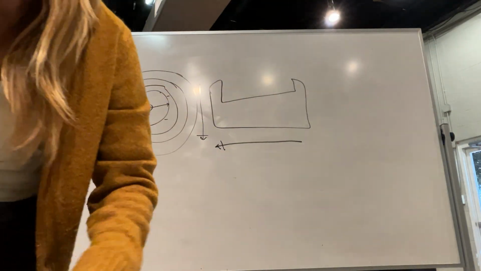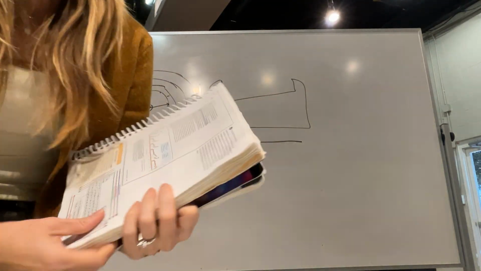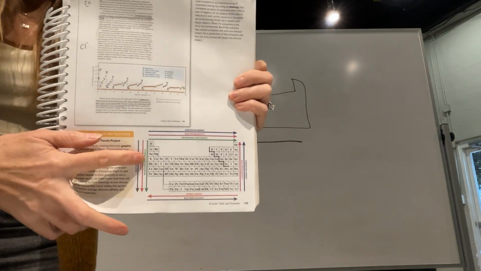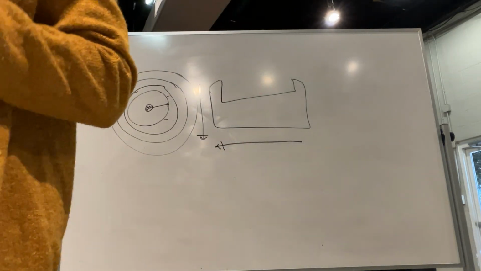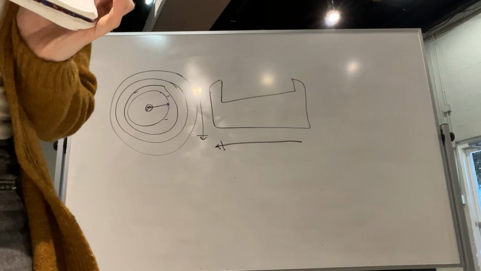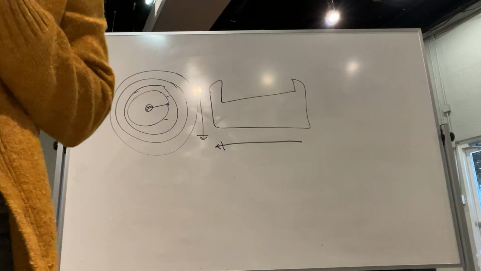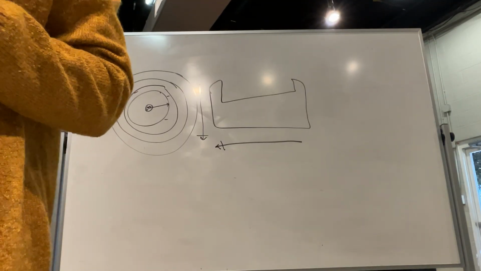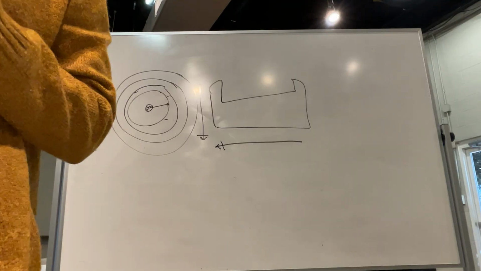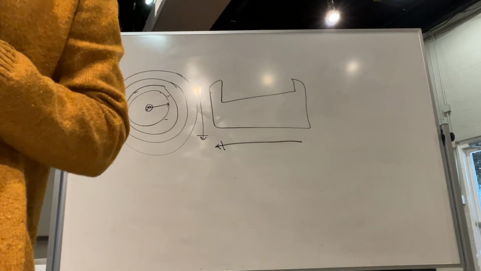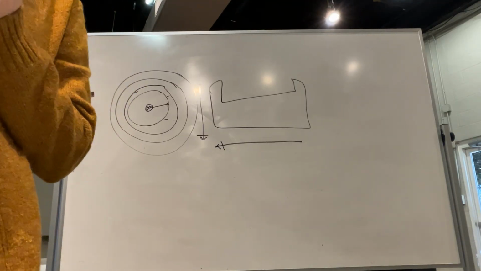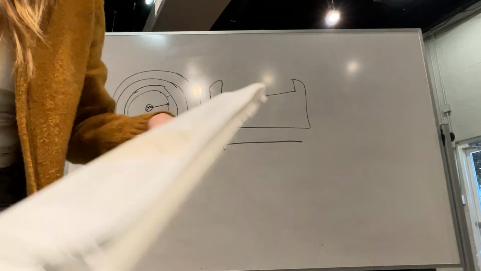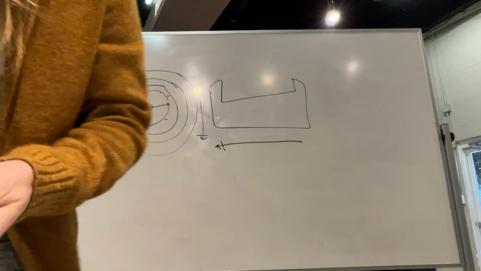I've got this handy thing, which I'll make copies of and hand out to you guys. I'm gonna show it here, but this little handy thing that they give me, I'm gonna make a copy and give it to you guys. I think I have laminating paper at home, if I can laminate it, but it's super handy because all of the trends that you read in 6.2, it tells you all of the trends. So they're all right there in this little piece of paper. But we'll discuss why the trends happen the way they do on Wednesday, okay?